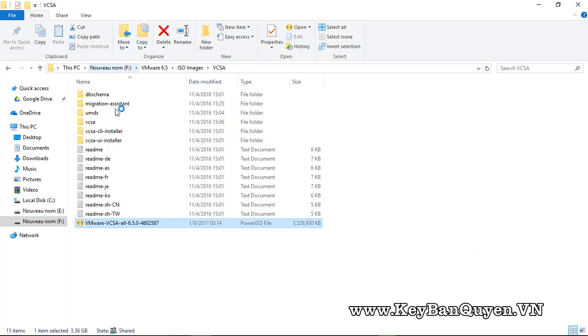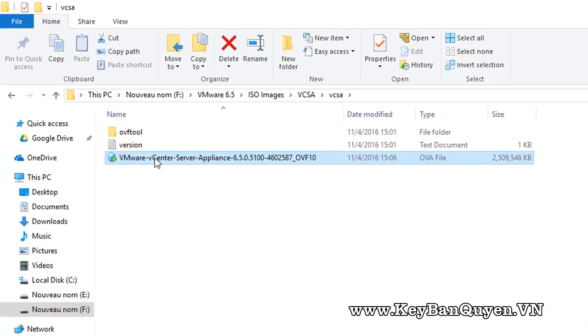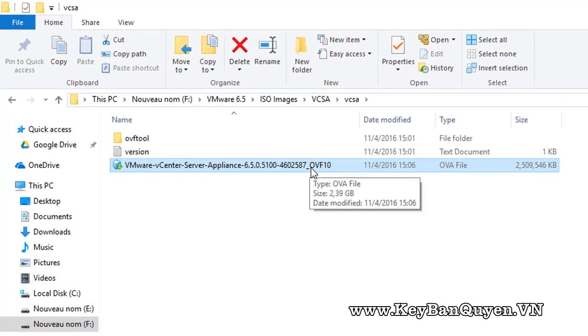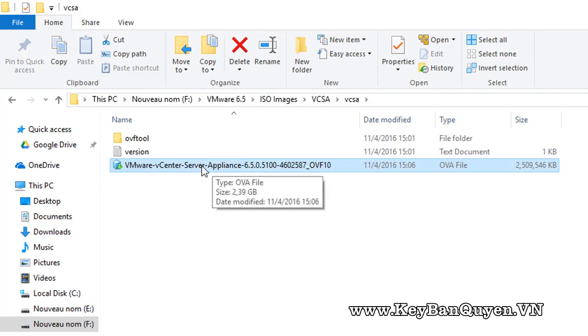To do that, if you check the folder right here, we have some folders, and we have the VCSA, the VCSA installer, and the user interface installer. The first option is to deploy the OVF. As you will see here, this is the OVF file, and the size is about 2.39 gigabytes. So to deploy this virtual machine that has the vCenter Server Appliance built on a Linux version,